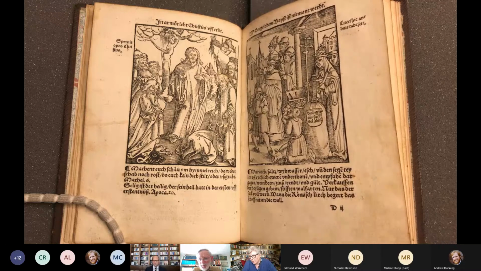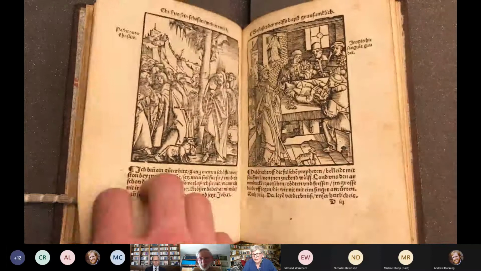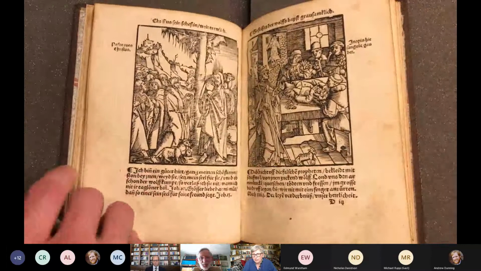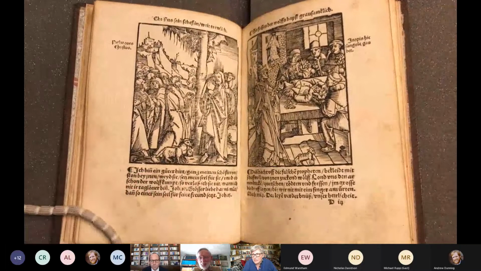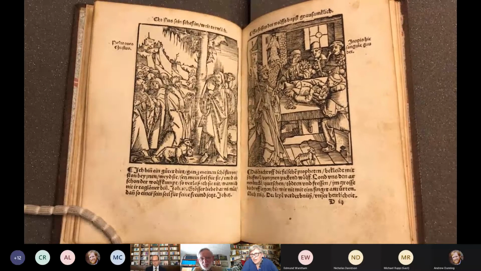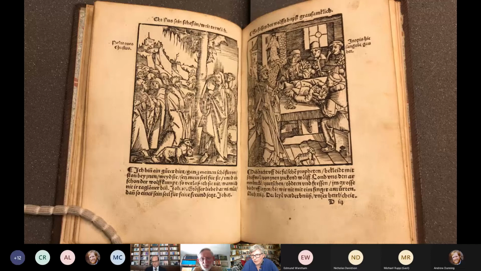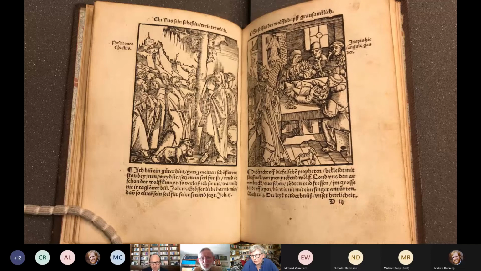If you turn one further page, the next additional pair is even more drastic. The left-hand side is more or less nondescript, showing Christ pasturing the sheep, and you see one of the sheep on the bottom, a fairly healthy-looking big lamb. And on the right-hand side, you have the Pope